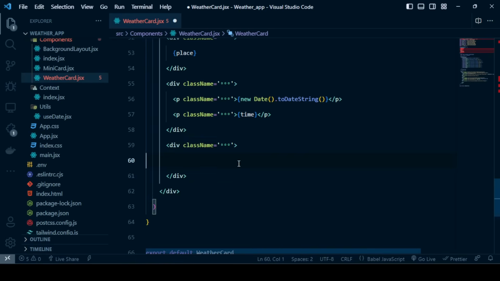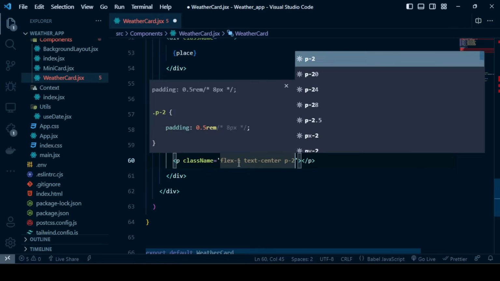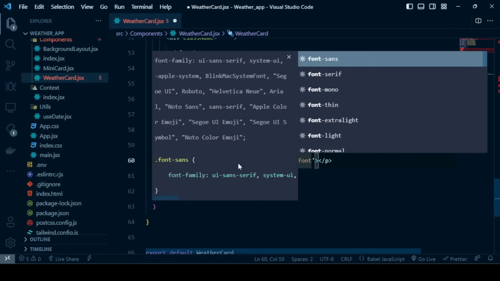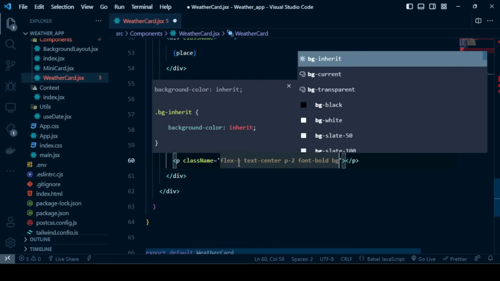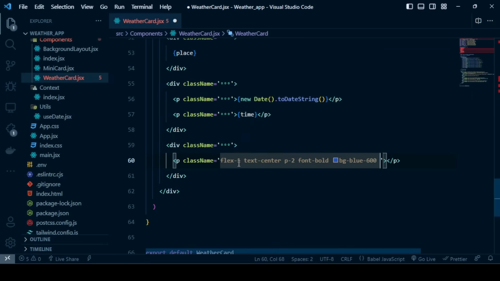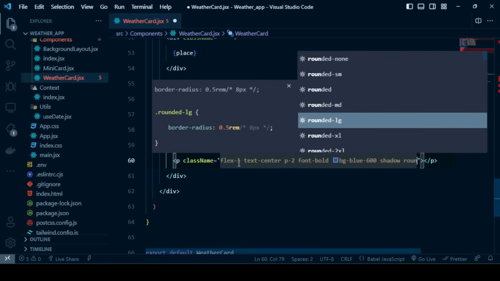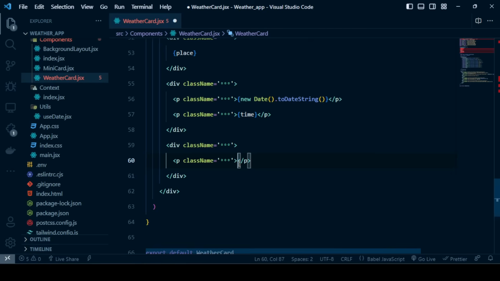Okay, and inside of that div we will have another p tag which will have some styling called flex1, text center, padding of 2, font to be bold, background to be blue, and blue of 600. There will be a shadow on this p tag, and its border radius to be rounded, and rounded large size. And inside of the p tag we're going to define wind speed,